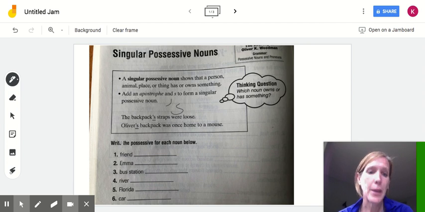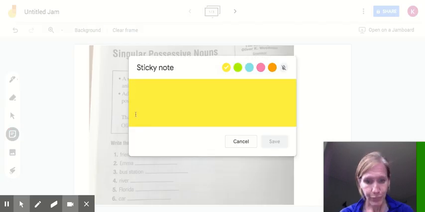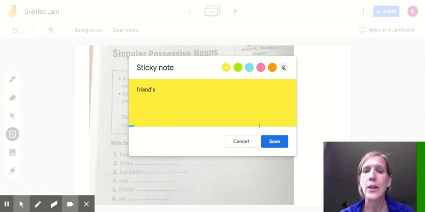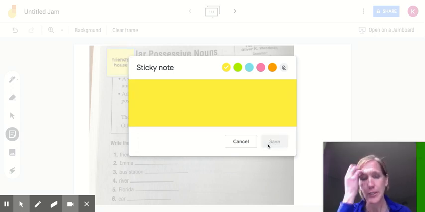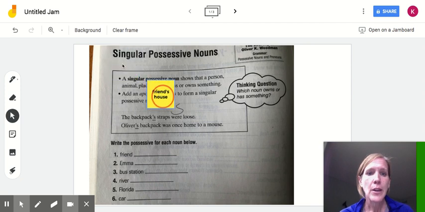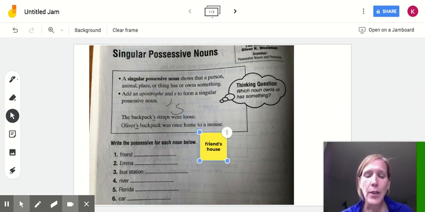Okay, so on this workbook page, let's take a look at what you're going to do. It says write the possessive for each noun below. So friend, it doesn't say what belongs to a friend, but let's say we're saying a friend's house. I can't really write very well right there, so I'm just going to do it on a Post-it note. We would write friend, we'd keep the word friend, and then we do apostrophe S. A friend's house, a friend's house. And you didn't have to add house. I just think it's easier when you can see what you're doing, okay? So the apostrophe would come after the D and then an S to show ownership,